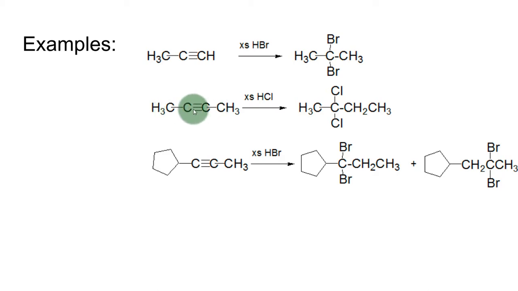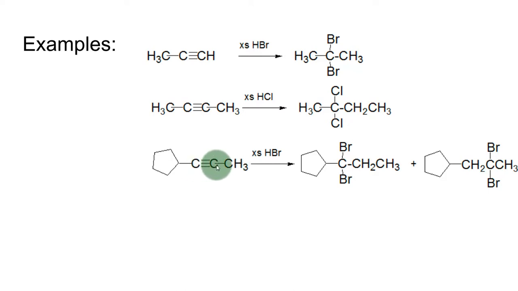doesn't matter because the two groups are the same, so whether we put the two chlorines here and the two hydrogens here, or vice versa, we're going to get the same product, which would be this one. It would be 2,2-dichlorobutane. But what about if we had an internal, non-symmetrical alkyne in which we're adding 2 hydrogens